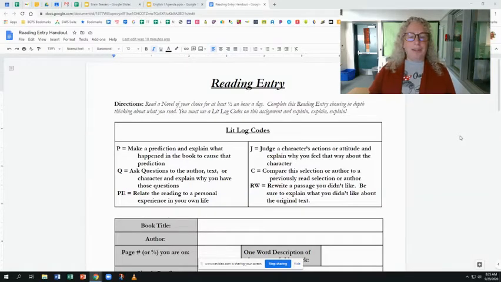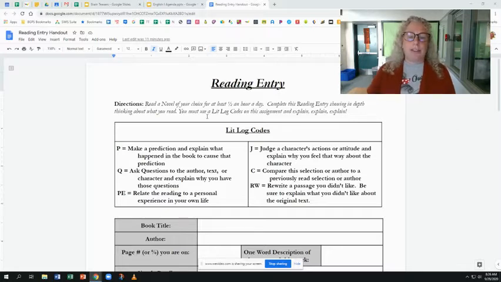All right, I want to talk to you today about the reading assignment you're going to do this week. Now, this is a great assignment because you're all in different places in your novels. Some of you are only a few chapters in, others of you are halfway through your book. Some of you might even be almost done by now because you got into such a great book and you just couldn't put it down. And that's great. There's nothing wrong with that. And this assignment is so flexible because it can work with wherever you are in your book.